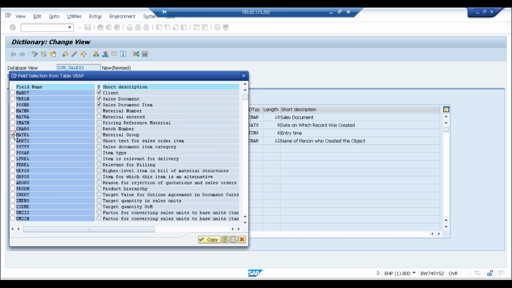Your screen was not moving. Screen is not visible. It is okay, but it is not moving. Did you stop there? Yeah.